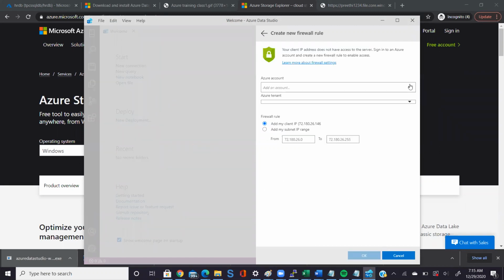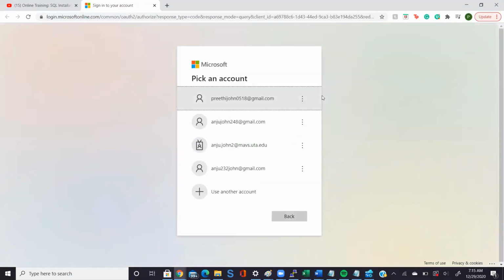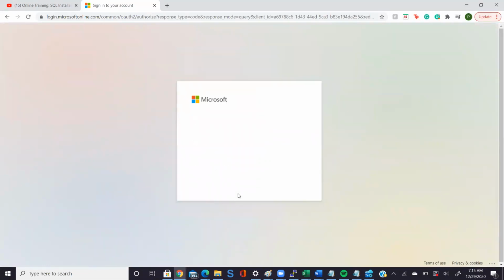Now it is asking you to sign in with an Azure account, right? So let's say add an account. Oh, it's taking a different one. I'm saying that this one is... and what would be the password?